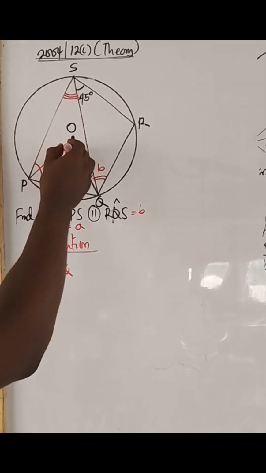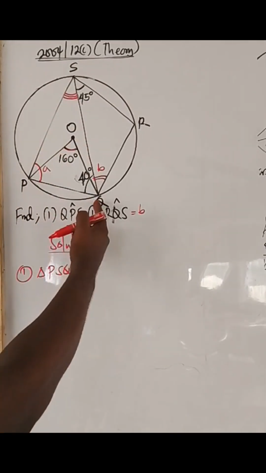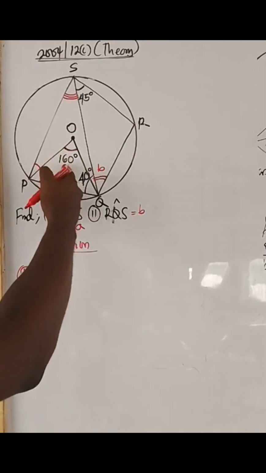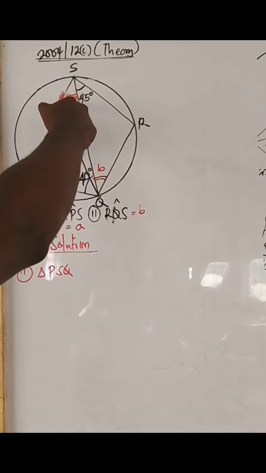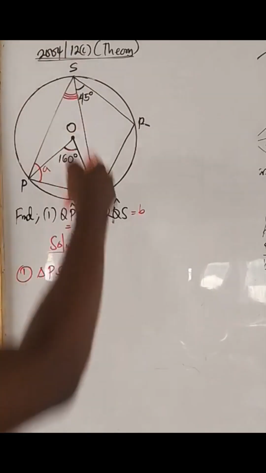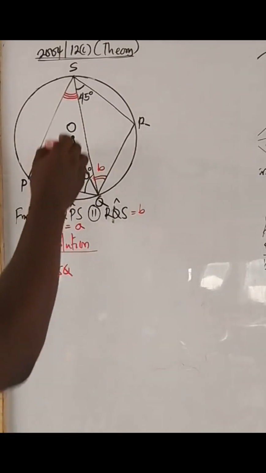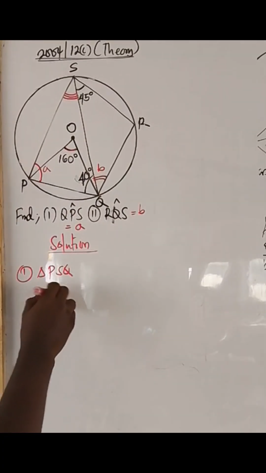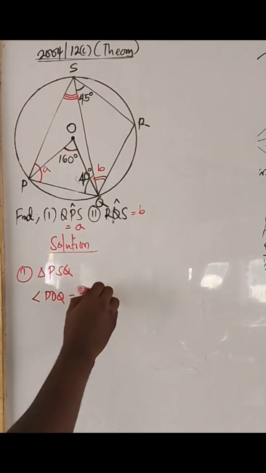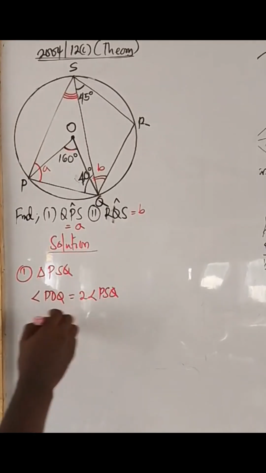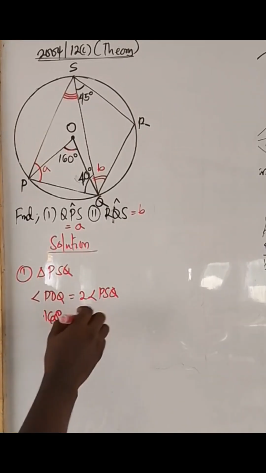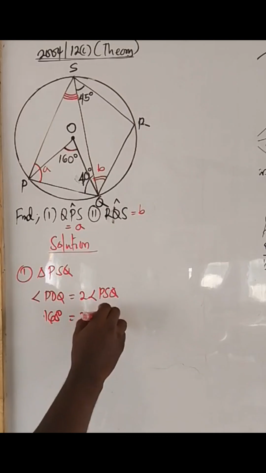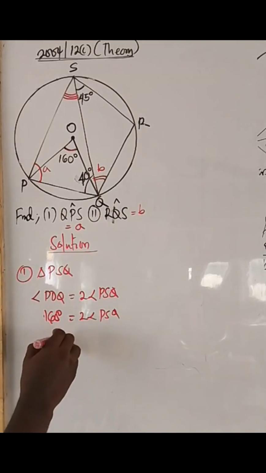Why? Because this is the angle at the center by arc PQ, and this is the angle at the circumference. So the angle at the center is twice the angle at the circumference. So angle POQ, the one at the center, is twice angle PSQ. Since POQ is 160, then PSQ definitely is going to be